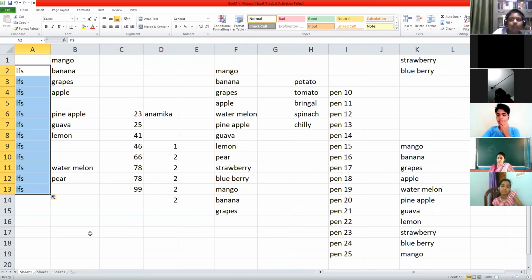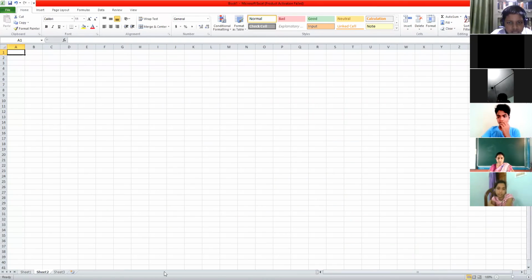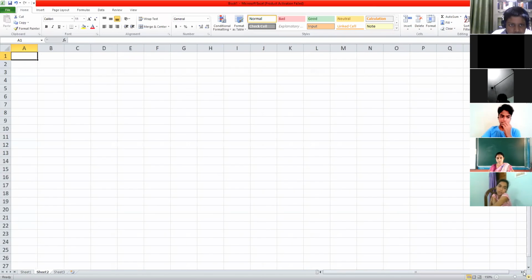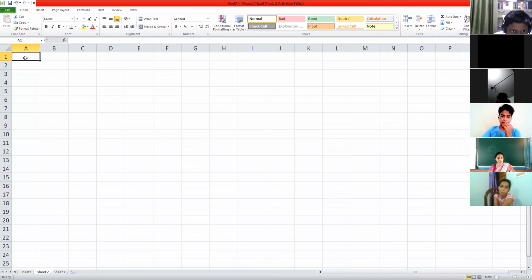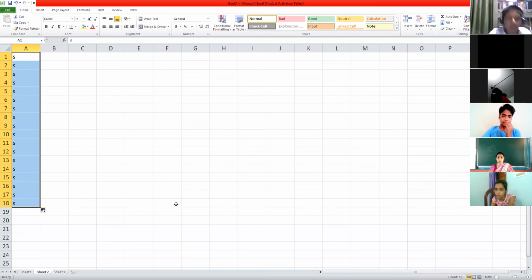As I'm saying, if we have to write one word in all the cells, the entire cell. Yes, ma'am. Just suppose S I have to write. So either for one row or one column it will go.